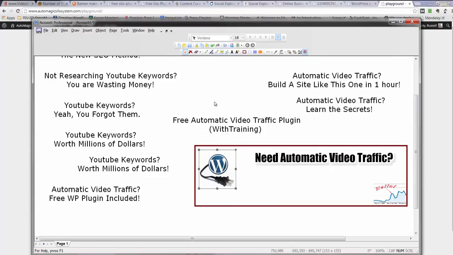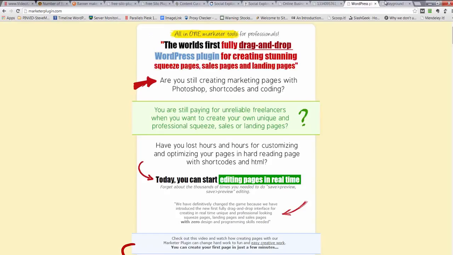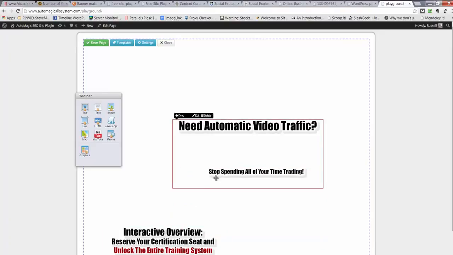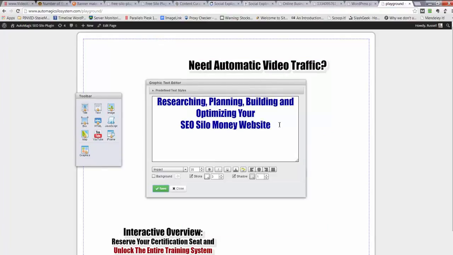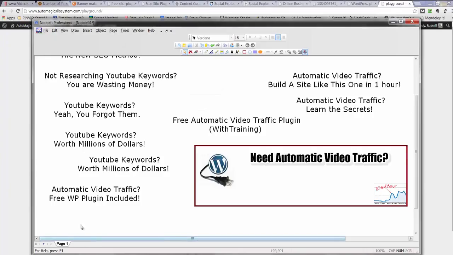The WordPress symbol is not bad. When people see WordPress, you're stacking your meme on top of an already accepted brand. Okay, so now we need to go back to the playground, and we're going to edit. And we're going to try to remember what we were saying. Free WP plugin included, or